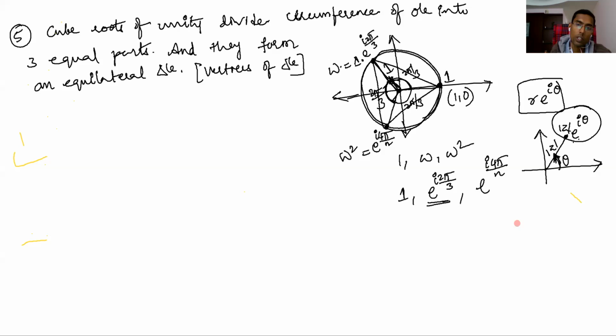Okay, so if they are vertices of an equilateral triangle, then you can find out area, perimeter, and everything for this equilateral triangle. Because here they are on the unit circle. Understand that these three vertices will be on the unit circle. So you can find out everything related to this triangle, because they are vertices of not just an equilateral triangle, but they will be on a unit circle. Okay, right. So that is the thing here.